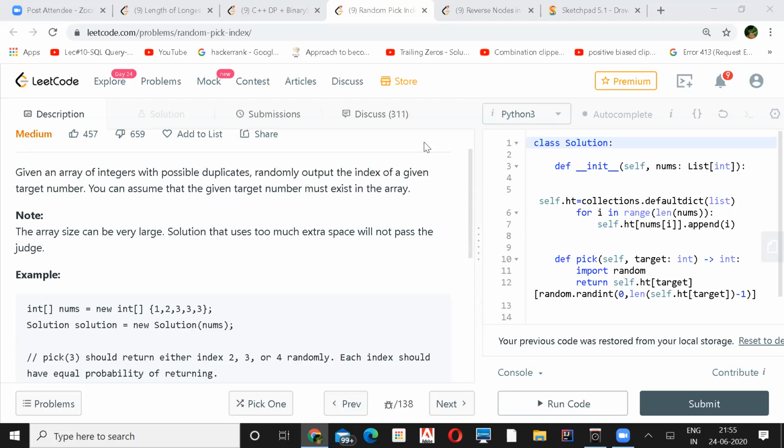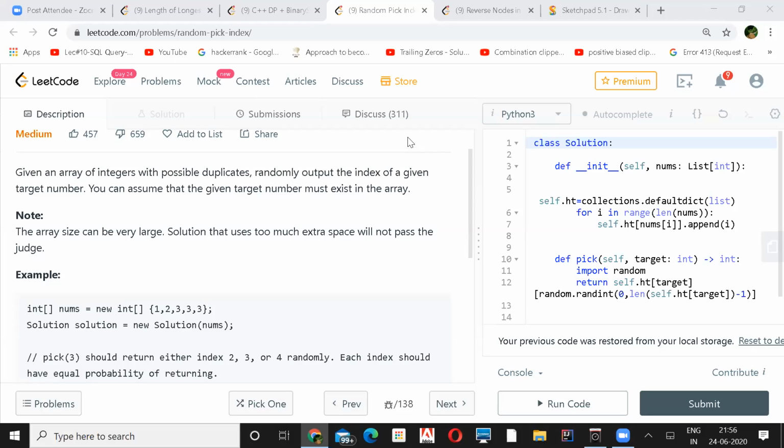So basically, it is a map of values to the indices where we can find those values. And when they want to pick a particular target number, we consult the map for the target number, and from it we see the possible indices where we can find it, and in that array we'll randomly pick any of those indices. Is that what you're saying? Yes, that's what I'm saying. It is also passing very easily.